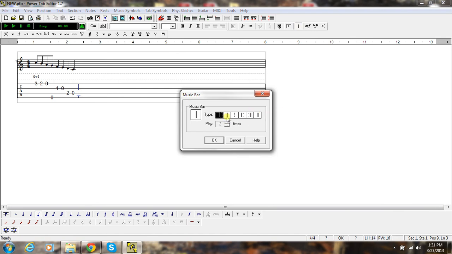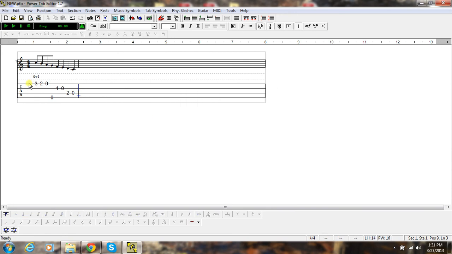And now over here, this little guy, that's your music bar lines. You got repeats and your ending one right here. I just want a regular bar line. So now I got a full measure here. So if I play that,